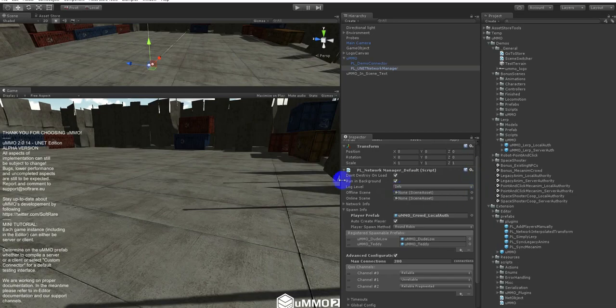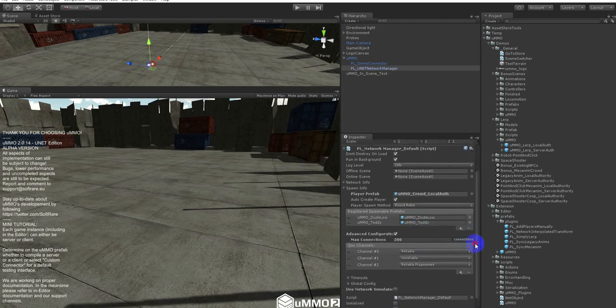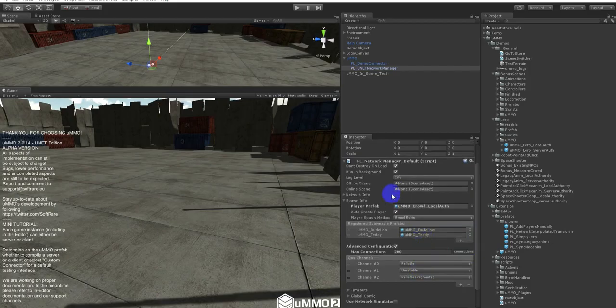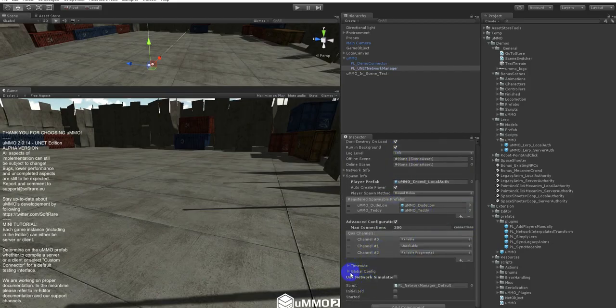We have the network manager of UNet here, and you can do several things. You can assign the player prefab. As an example, I have assigned two AI prefabs also. You can configure your channels, and multiple other things, timeouts,